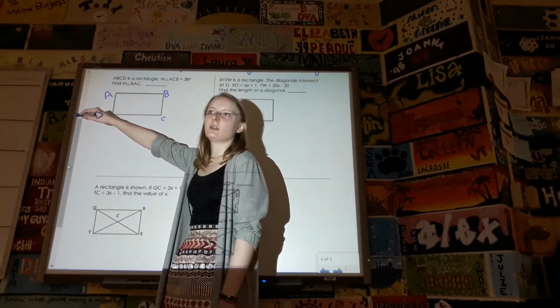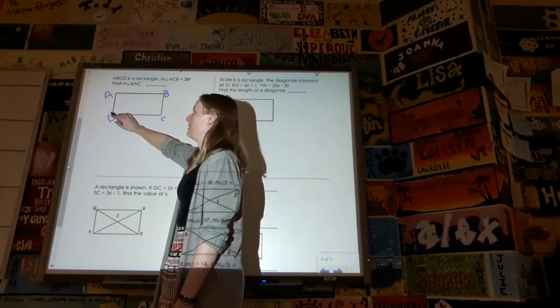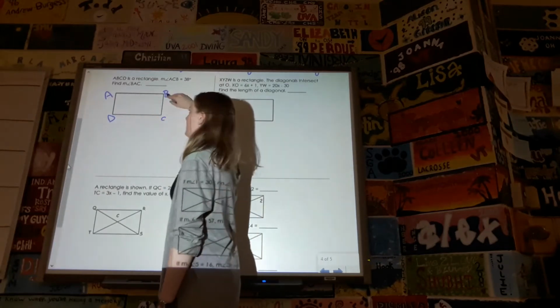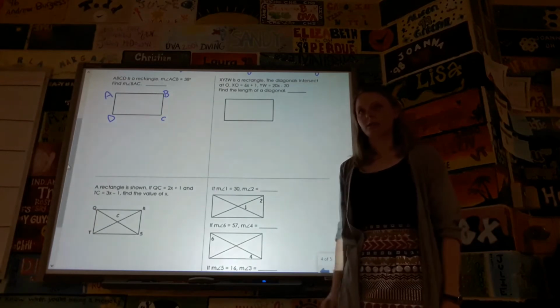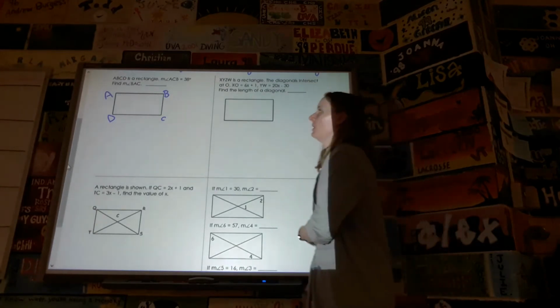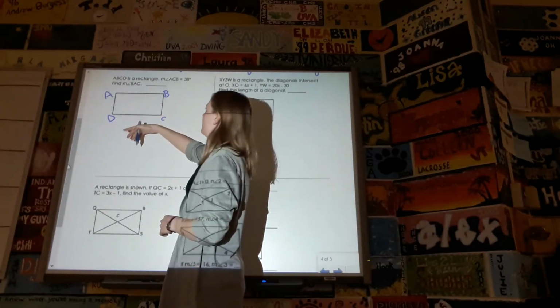Can I start on the bottom left, like here? Yeah, but then it would be A, B, C, D. Just make sure you pick a corner and then you go clockwise around. Okay? Now, the way that I've named it here, it says the measure of